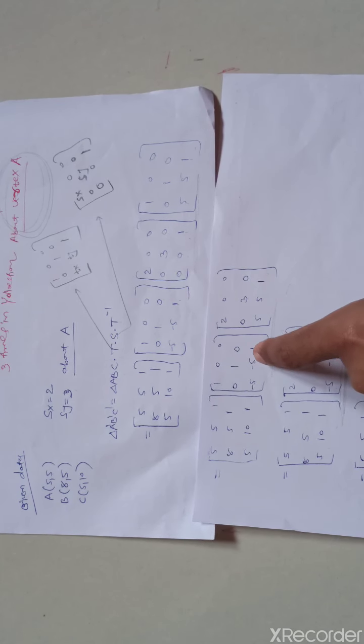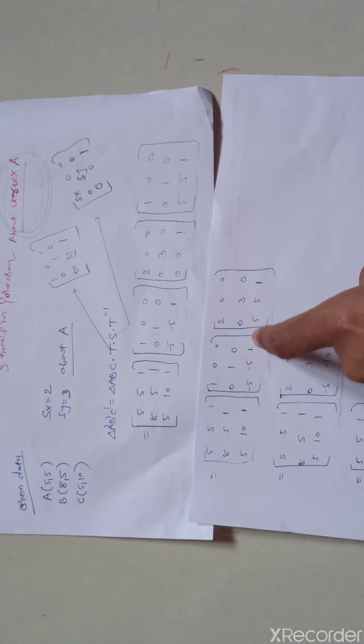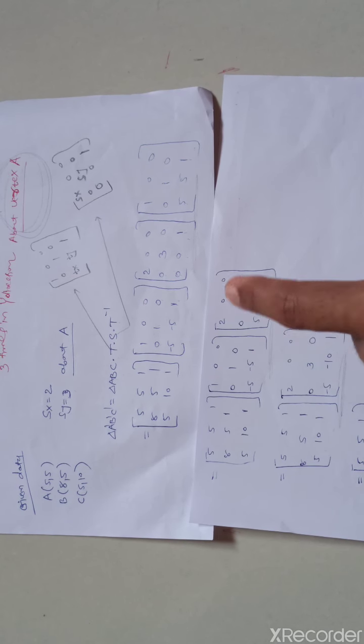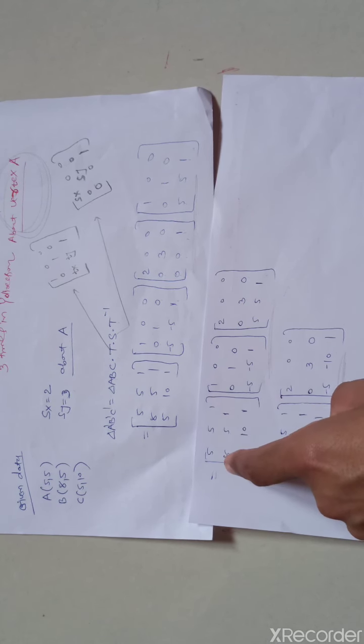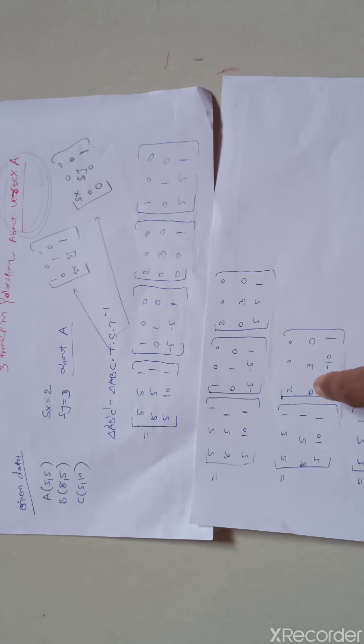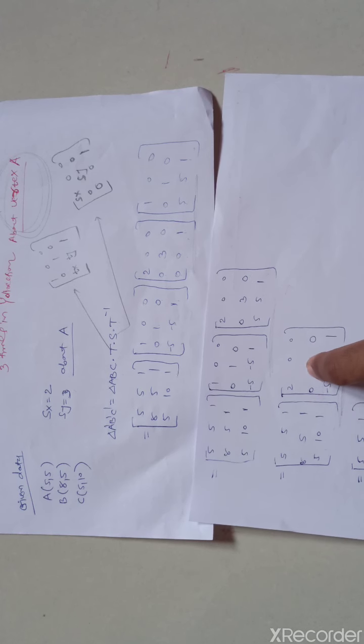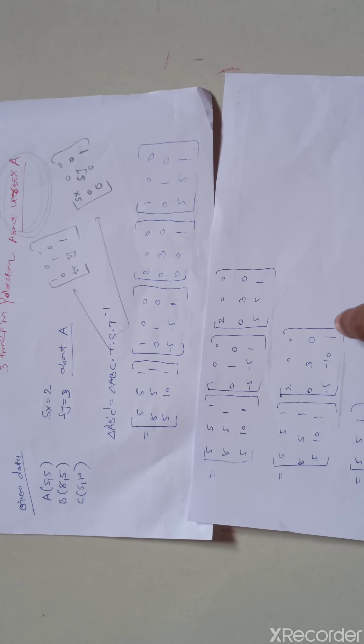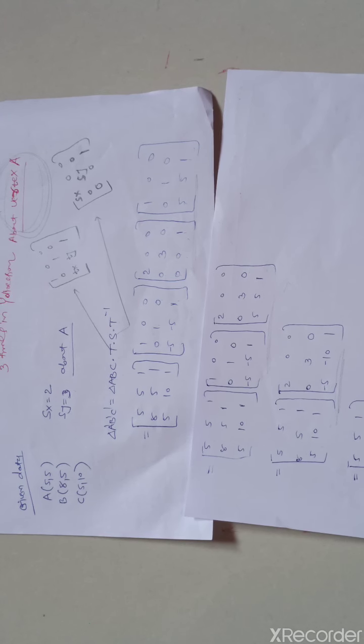Now we multiply these two matrices. Again both these matrices are 3 cross 3. So we write down in the next step [5 5 1; 8 5 1; 5 10 1], and the multiplication of these two matrices is [2 0 0; 0 3 0; -5 -10 1]. Now again we multiply these two matrices and get [5 5 1; 11 5 1; 5 20 1].